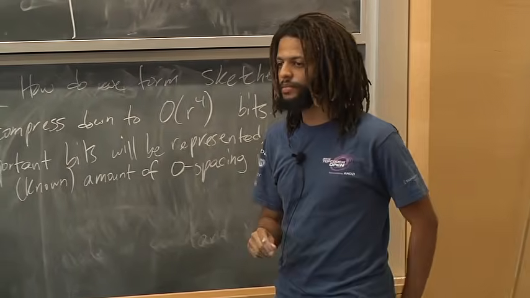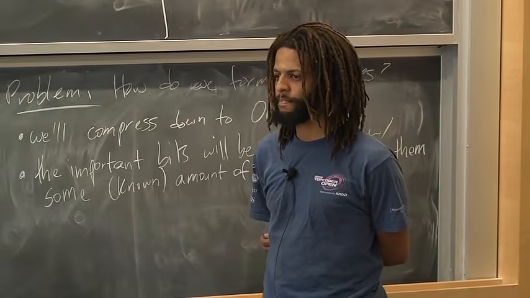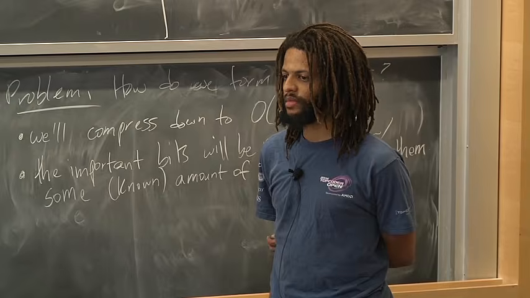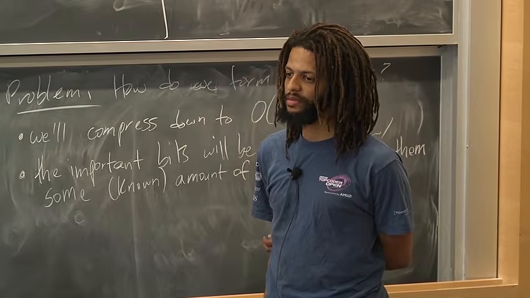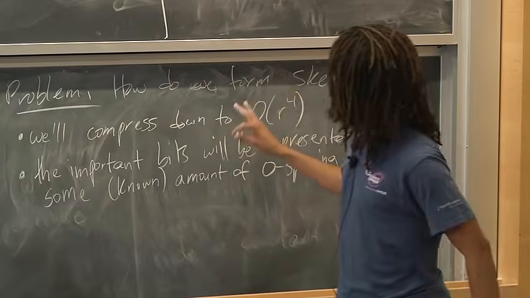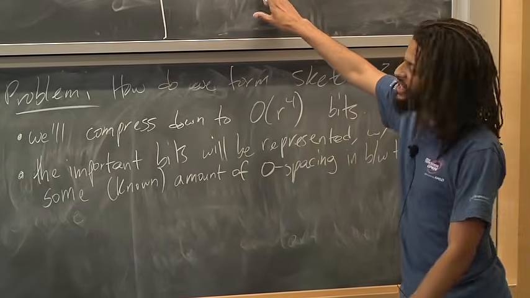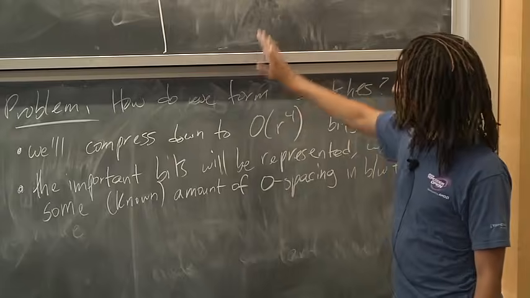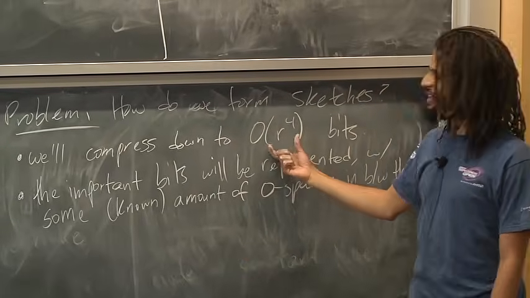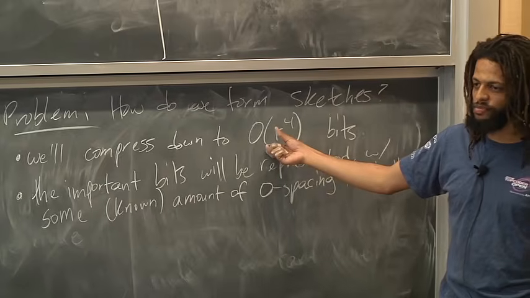Yeah. And also we must be able to compute MSB of x_i XOR q. And we are not storing x_i's explicitly. Oh, we will. We will. Yeah. We'll store them and we'll store their sketches. Yeah, but we won't store the fully compressed sketches. We'll store some sketches that have some amount of spacing in between, but they'll still take at most r to the 4th bits each.